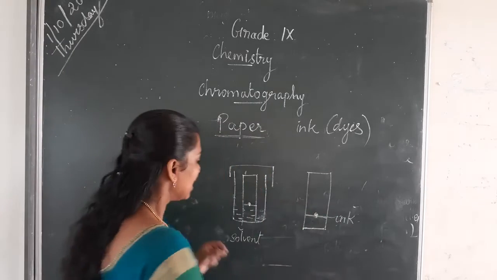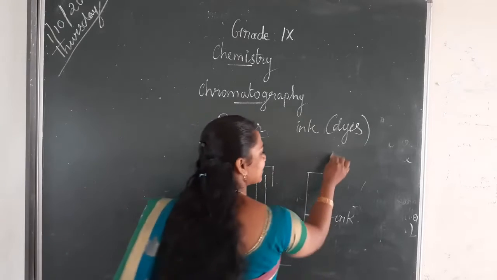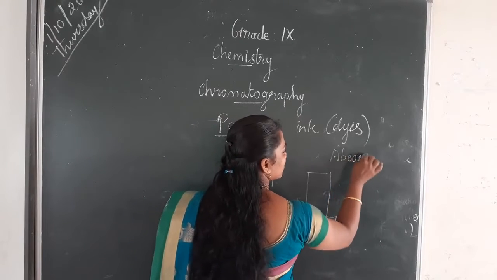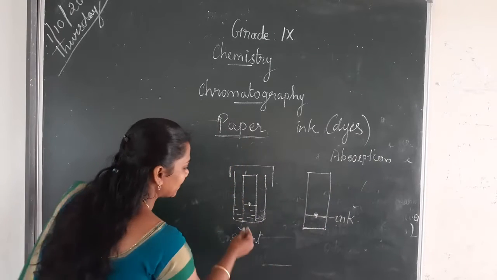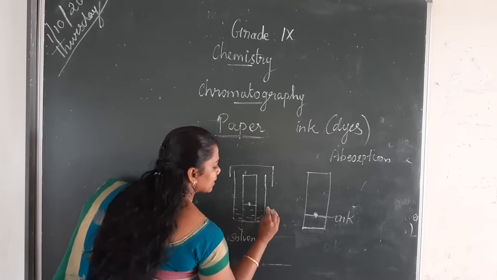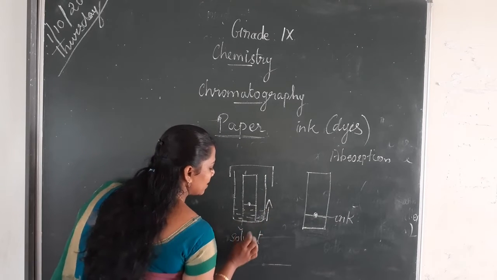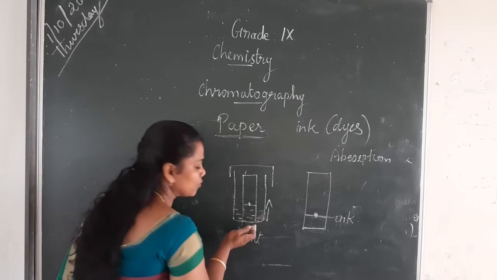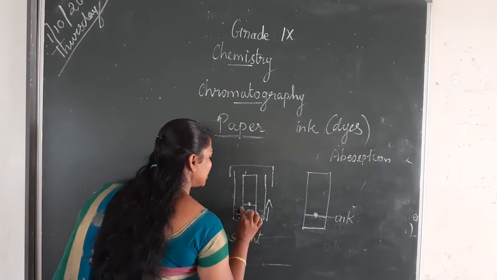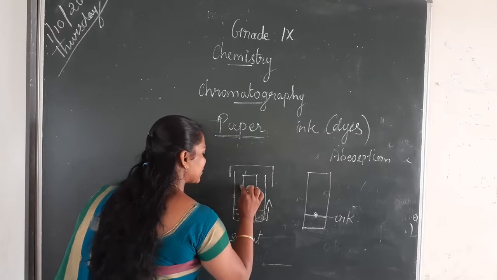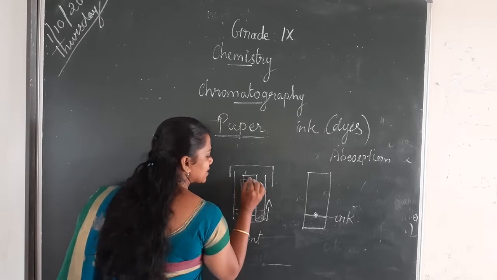What happens is this filter paper starts to absorb. Isn't it? We studied, isn't it? What is that? Absorption. That is, it is uniformly distributed over the other substance. So what happened? This mobile phase moves upwards. The solvent is the mobile phase, so it moves upwards. Slowly the filter paper absorbs this solvent and it is transferred from down to top. When the solvent reaches the other end,